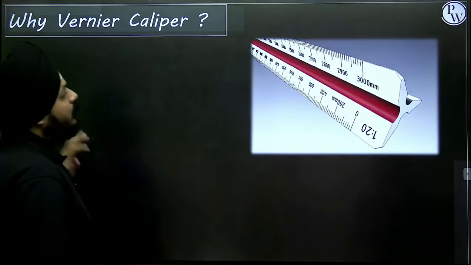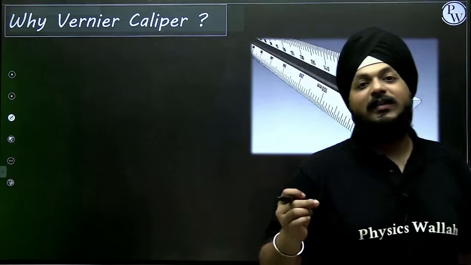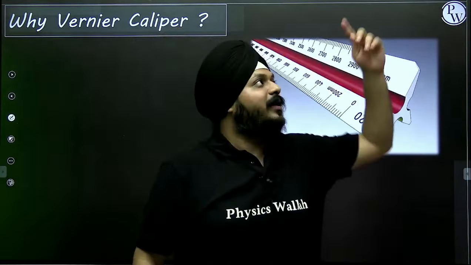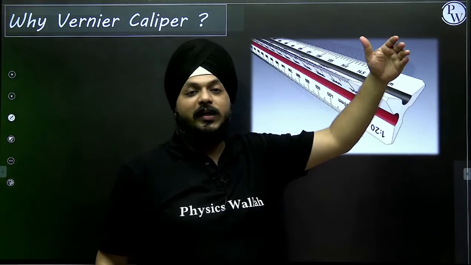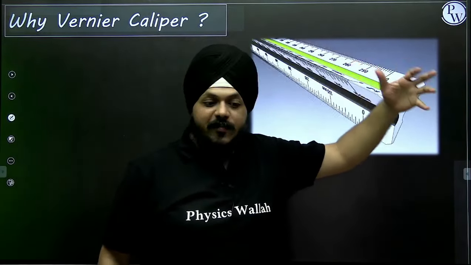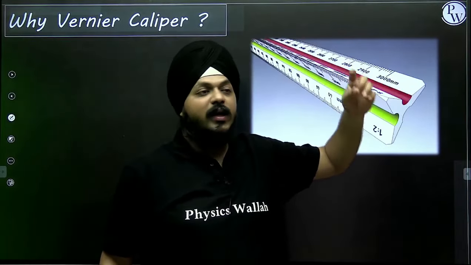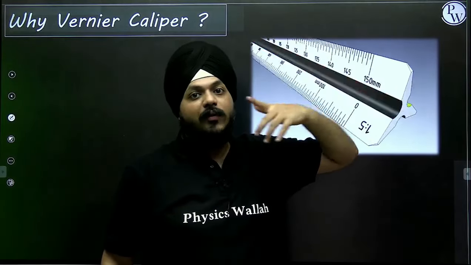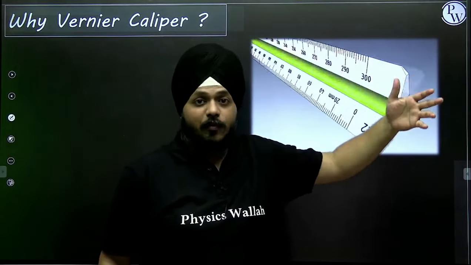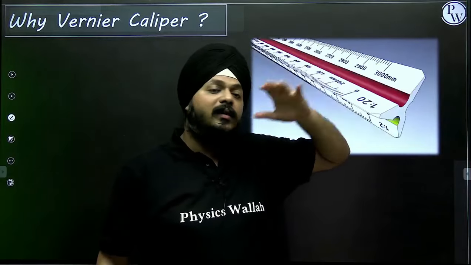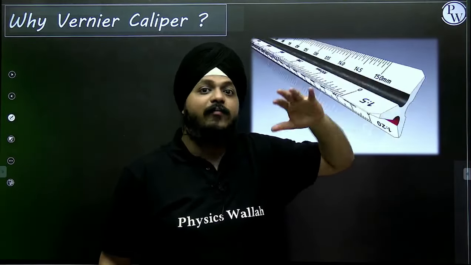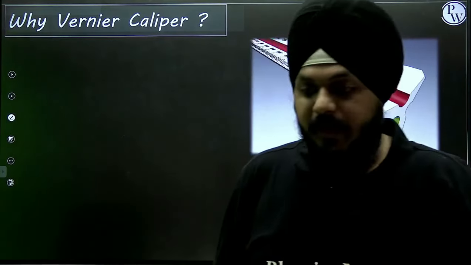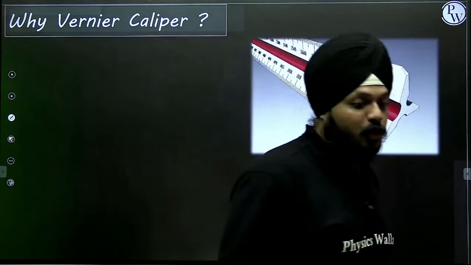Now the new thing that is going to come in this chapter. You can just pick up the flow. We started from physics, we moved on to the physical quantities, units, then the classification of physical quantities: fundamental, derived and supplementary. We saw all of that. Then we moved on to homogeneity, dimensional formulas, and three applications of dimensional analysis. Slowly we moved on to errors. Right now we are moving forward to the calipers and micrometer screw gauge.